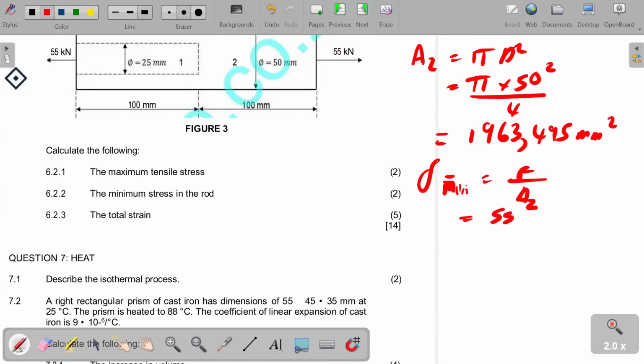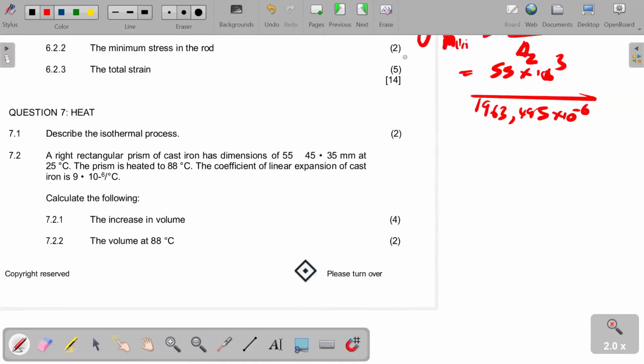So that is 55 times 10 to the power of 3 divided by 1,963.495 times 10 to the power of -6. Remember, we want to change it to square meters. So in turn, it's going to give us,